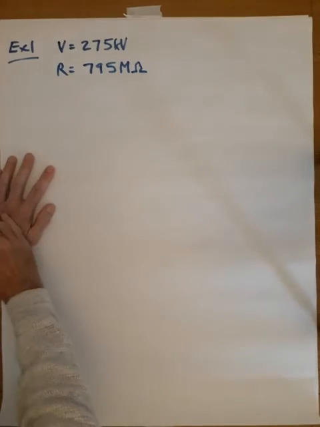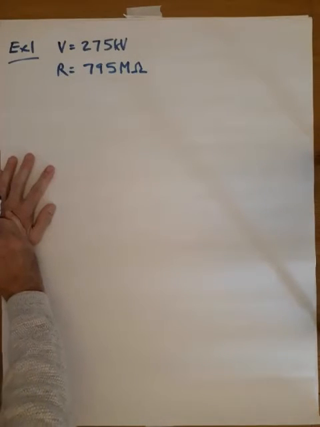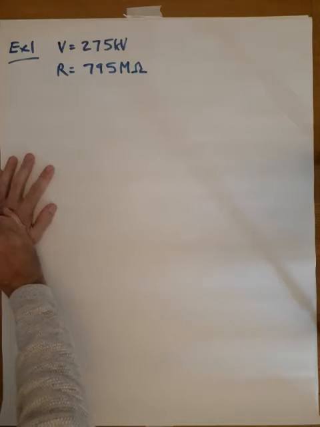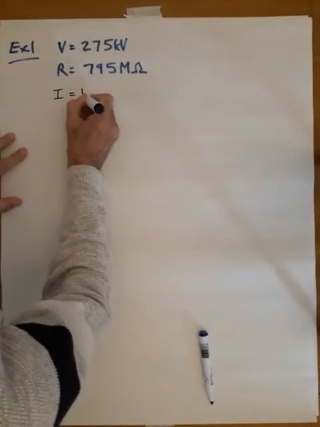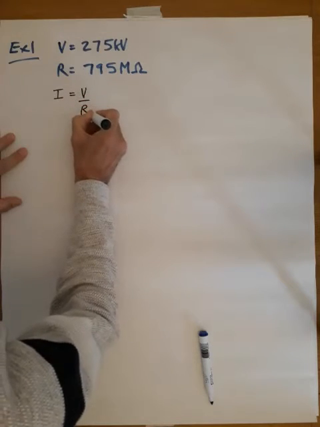Find the current that flows in the insulator. So if I ever ask you to find current, think basics, Ohm's law. So here it comes. I equals V over R